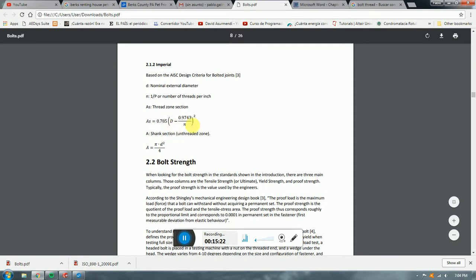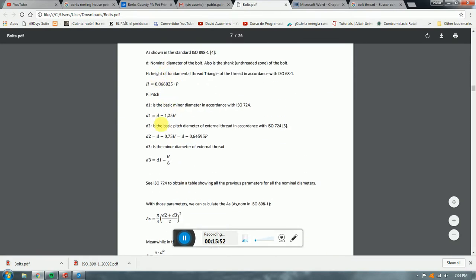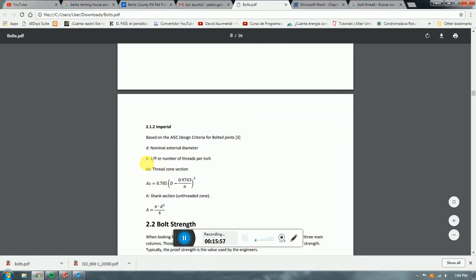I just summarized that a little bit in only one equation to make it a little bit faster. And the same thing, you have the D, nominal diameter, you get the N, which is the number of threads per inch. Again, I am going to explain this a little bit. And then you get the area of the stress. The same thing as before. This one is a little different for a couple of things. One, these coefficients, which are like a byproduct of all these types of equations but in the imperial system, and the N. In the US,